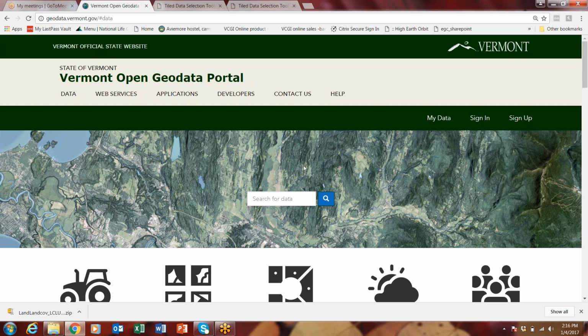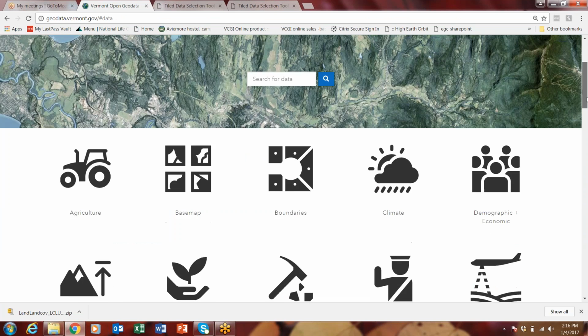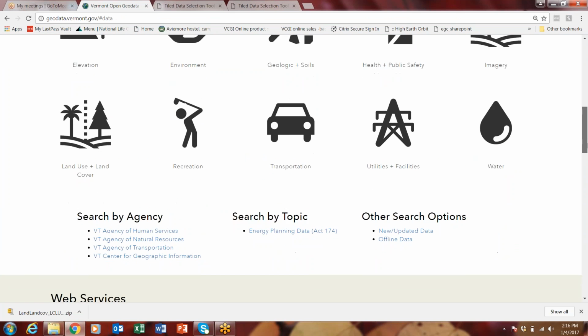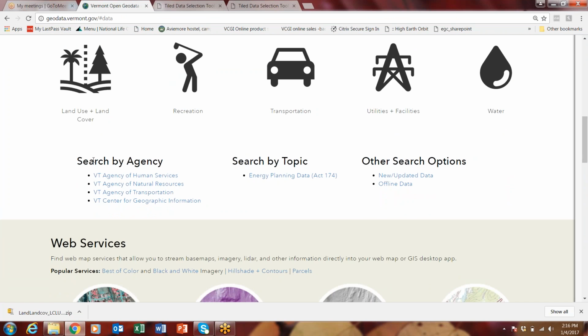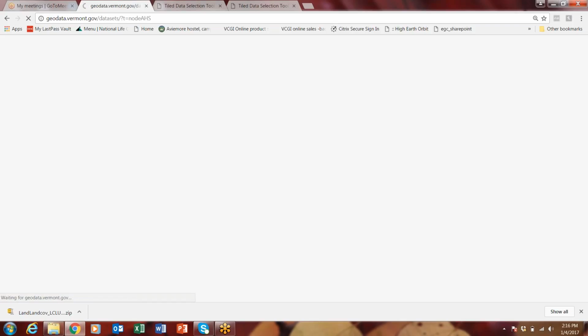Our front page again. We can also search. Let's search another way. So we've done our keyword. We've done the isotheme categories. Let's also try the search by agency. So if we click on Vermont Agency of Human Services,